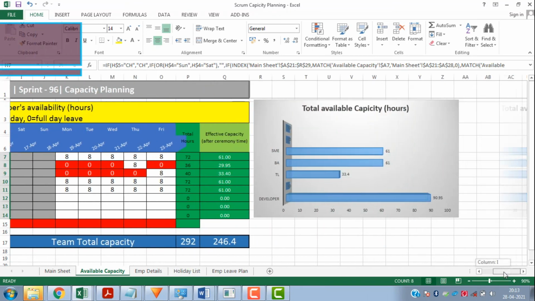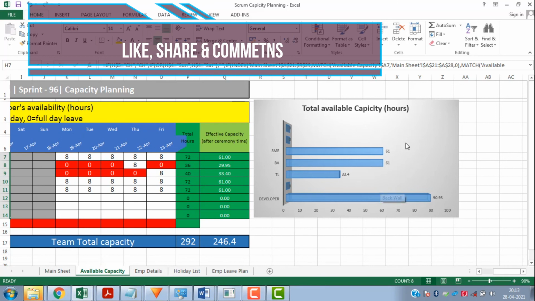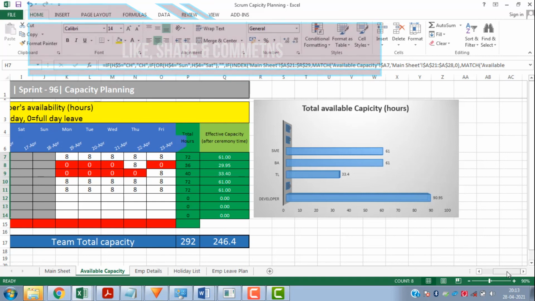All right, now at the end of this sheet, it will show you a graphical format. So role wise, for example, how many BAs you have, how many TLs you have in that particular scrum team. So this is showing you, role wise, the total available number of hours in that particular